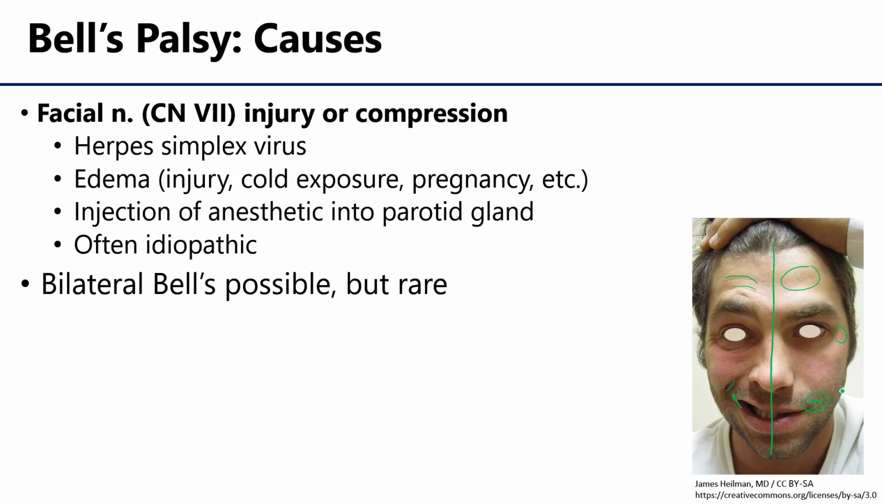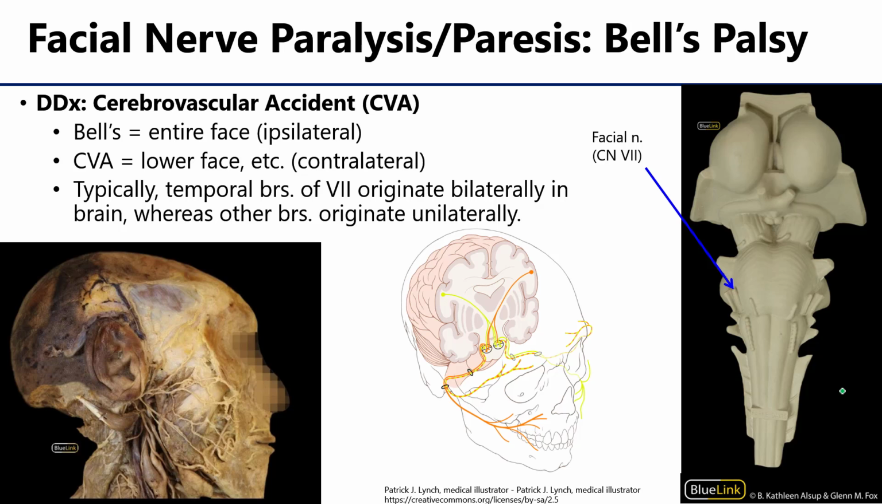And generally, this is unilateral, but bilateral Bell's is possible, but it is just exceedingly, exceedingly rare. Another diagnosis on the list on the differential is a cerebrovascular accident, CVA for short, colloquially a stroke. The major way of differentiating if it is Bell's palsy is that the facial muscles of the entire face